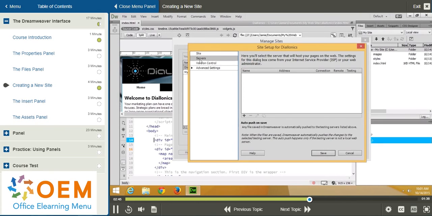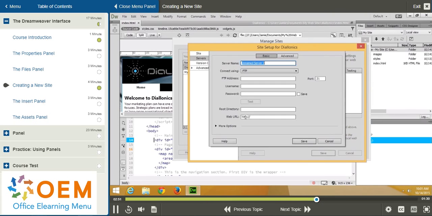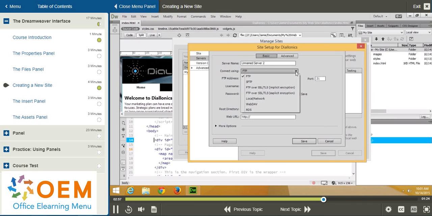But you have the option here of clicking and adding servers. So you can actually add servers to your site. For example, I'll click add new server, and here we would create the various settings for the server and how we would connect things like FTP, SFTP, and so on. And then you